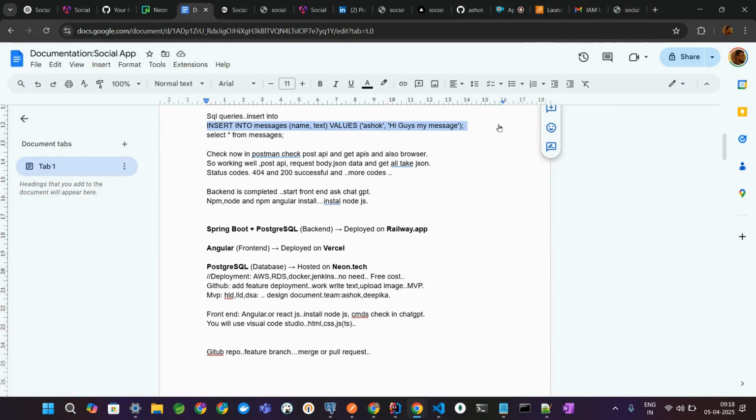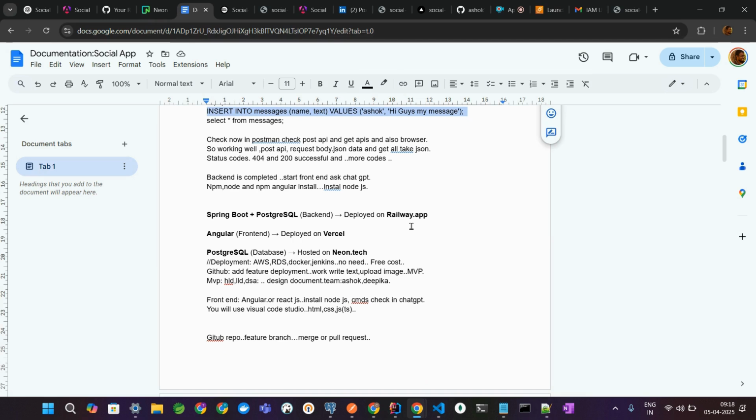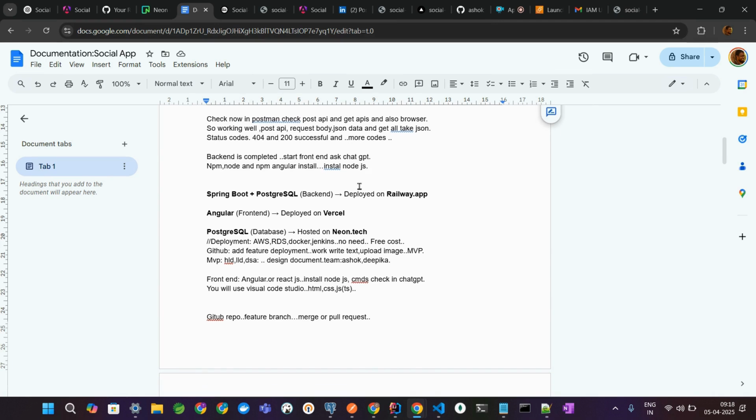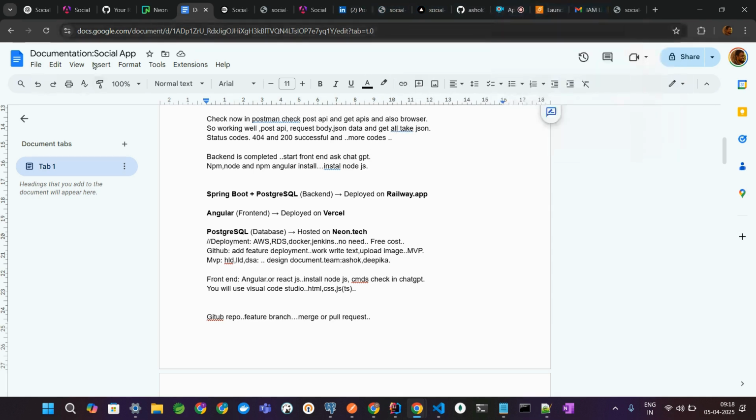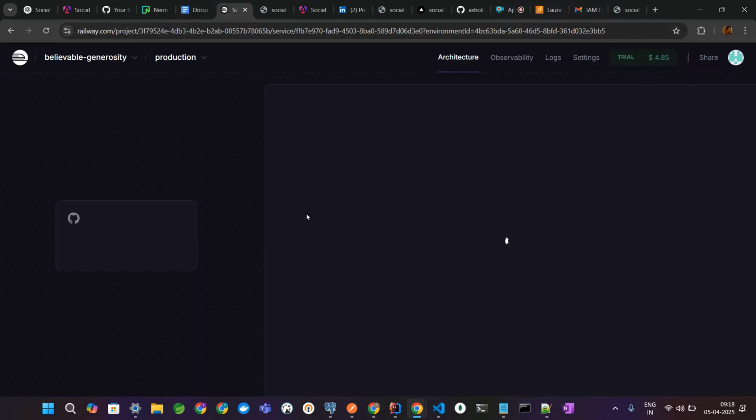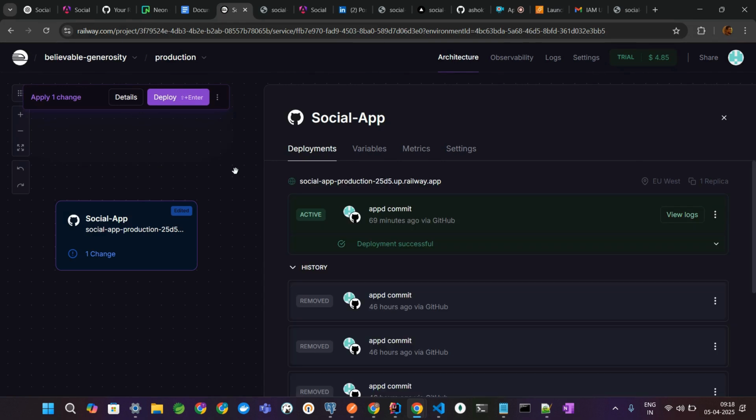Then comes deployment. Instead of AWS EC2, I'm just going for Railway app. For the backend, I'm using Railway app, which I will show you here. Once you open this, you can create an account. Then you first need